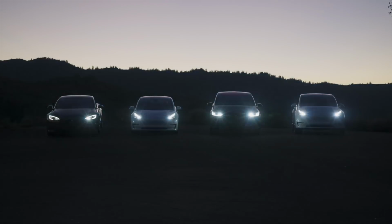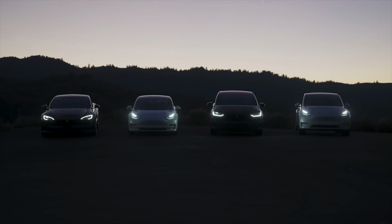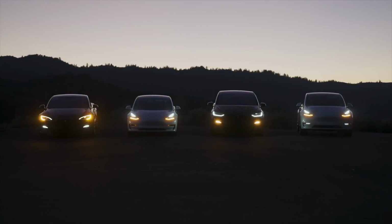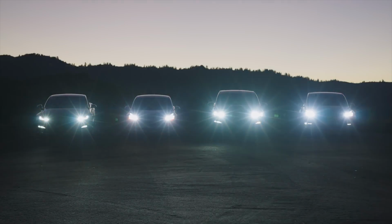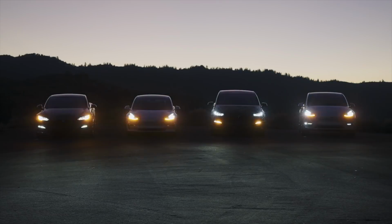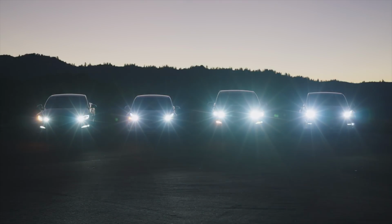Of course, one of the flagship features of this aptly named holiday update is an all-new light show feature that shows off this awesome holiday-inspired choreographed light show that turns your Tesla into a giant boombox and a spotlight. It's really cool, and it's really easy to activate right within the car with just a couple of taps of a few buttons, but there's a whole other level here, a whole new hidden feature that not everyone is